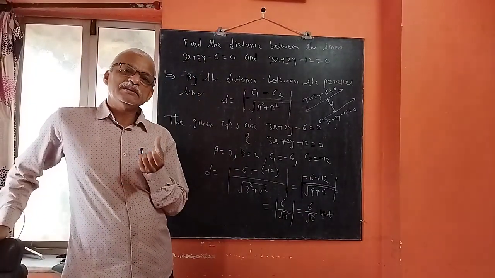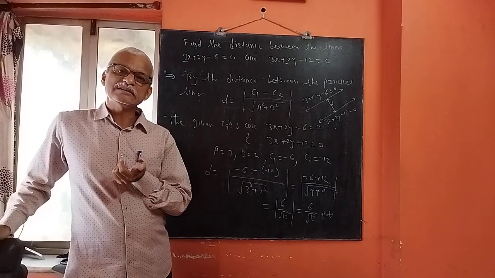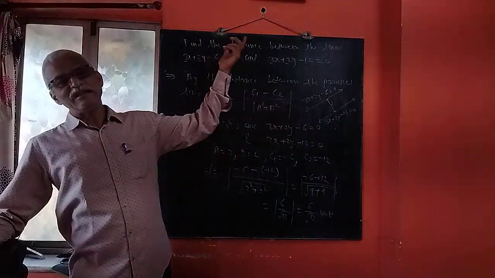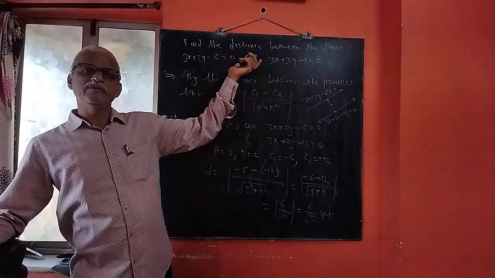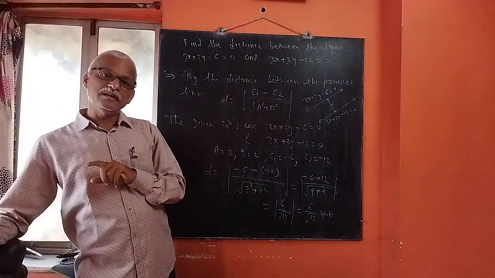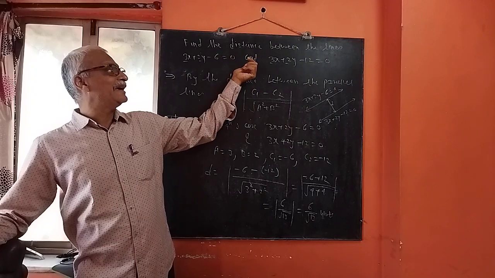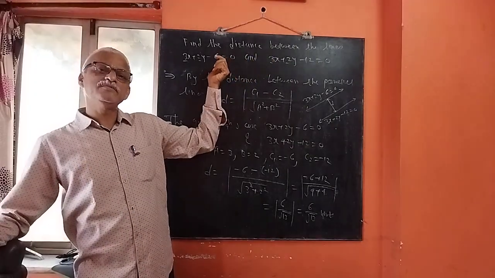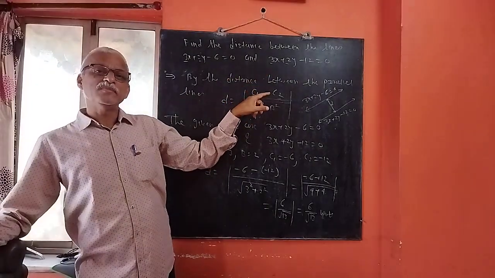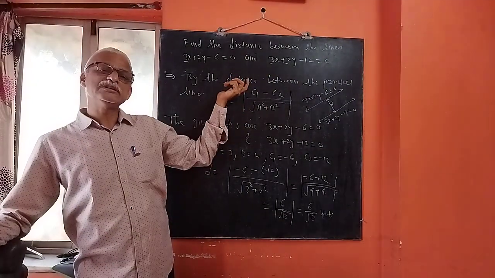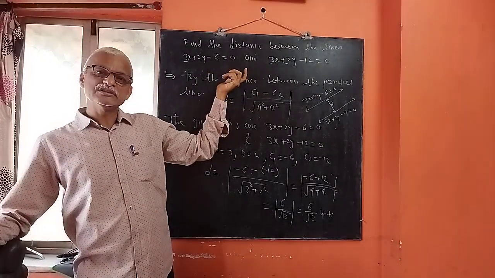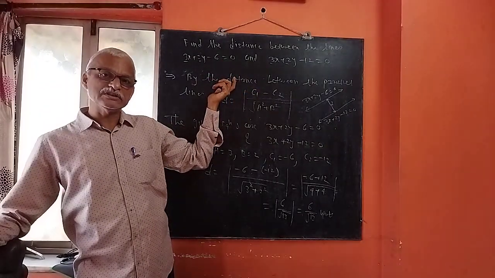So whenever there is a question like that, find the distance between the lines, first you have to check whether these lines are parallel or not. In 99% of cases, whenever the question is find the distance, the lines are parallel. For parallel lines, the coefficients of x and y in both the equations, that means the values of a and b, must be same. If they are not same, you have to make them same by either multiplying the first equation or dividing the second equation, according to the equations given.